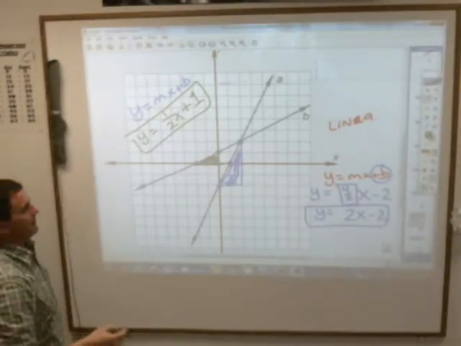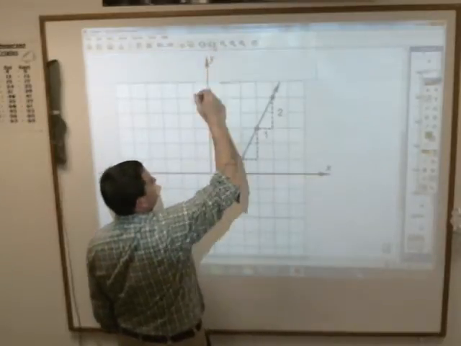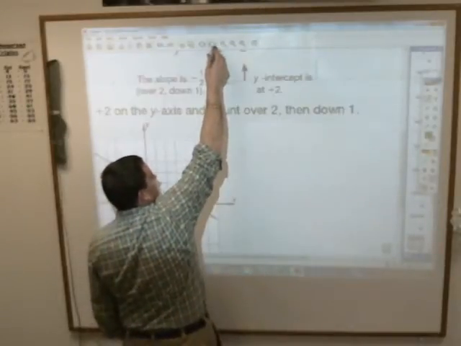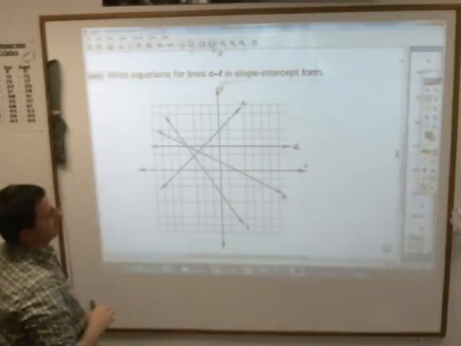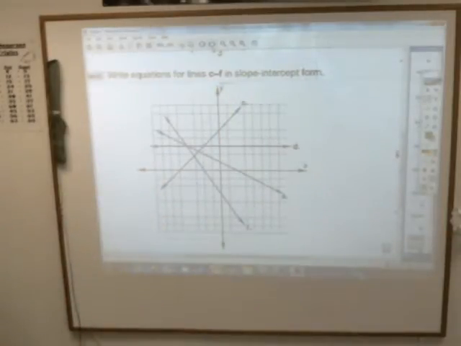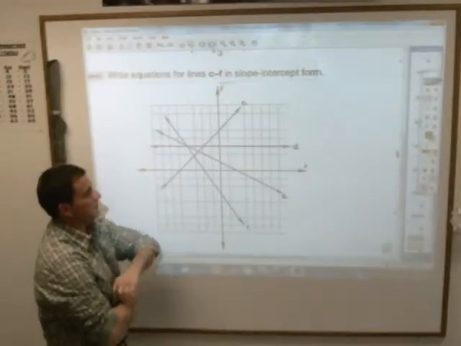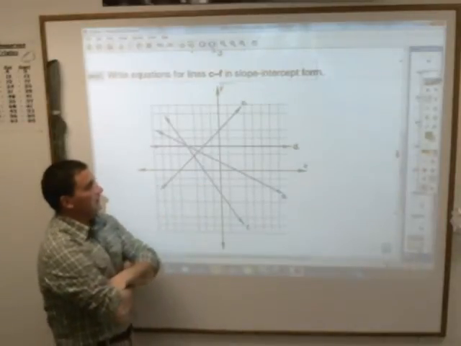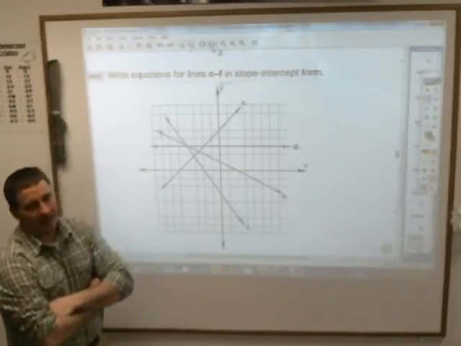Now, it's not always quite that simple. Let me forge ahead here to the practice. Here is part of the practice. Now, first of all, it didn't copy very well onto my screen. It's missing some of these lines here. Okay. If you were trying to find the slope of line E,